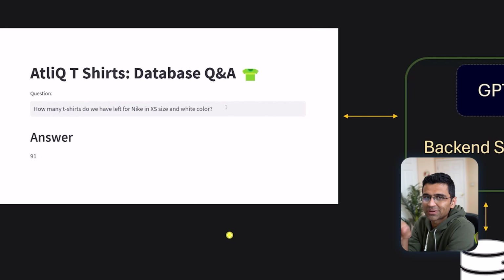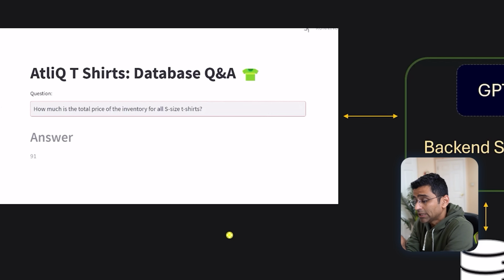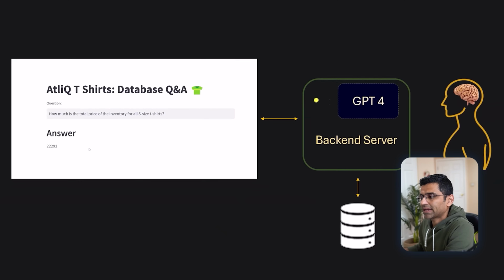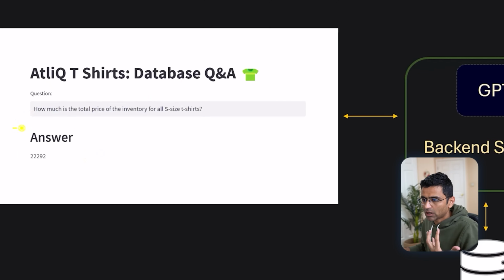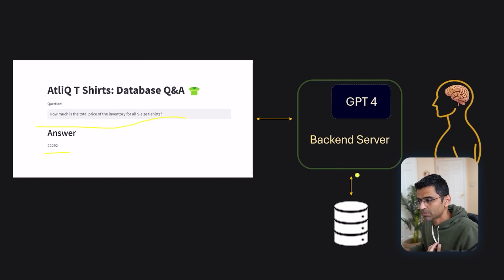We are going to build this tool, by the way, later on, okay? So stay tuned. But here, this UI or the front end will be making a call to a backend server, which can be using this GPT-4 model, and it will use Retrieval Augmented Generation, RAG, to pull the answer from a MySQL database. We will see when we do that project how exactly this is done, but I'm just giving you an overview right now. The answer that you're looking for, the total price of inventory for small size t-shirts, is available in this database, and